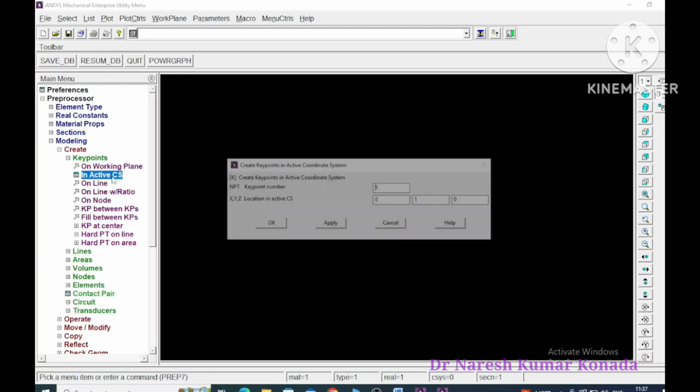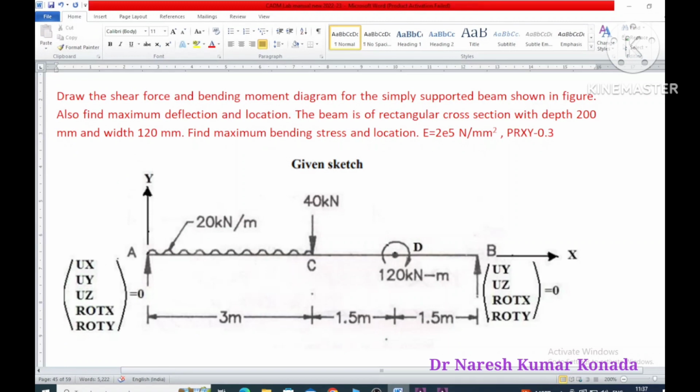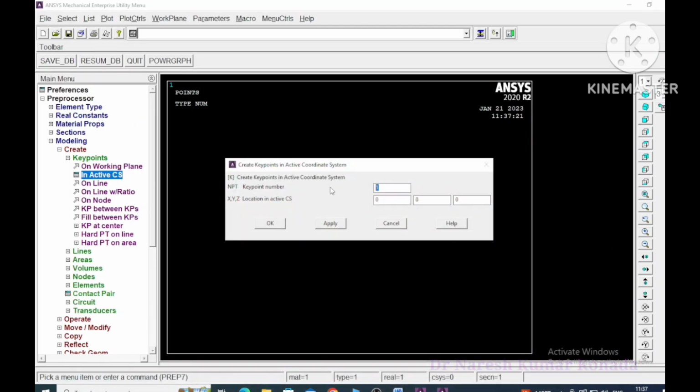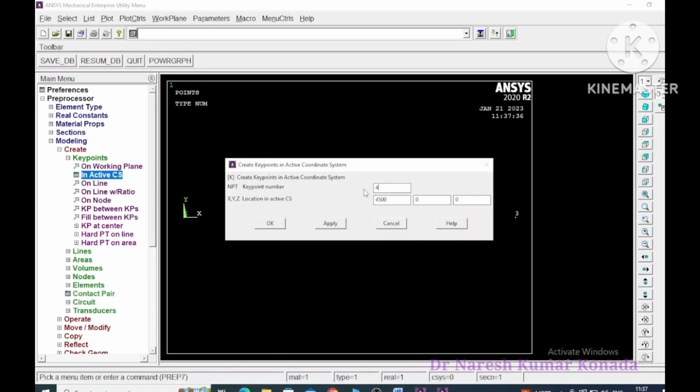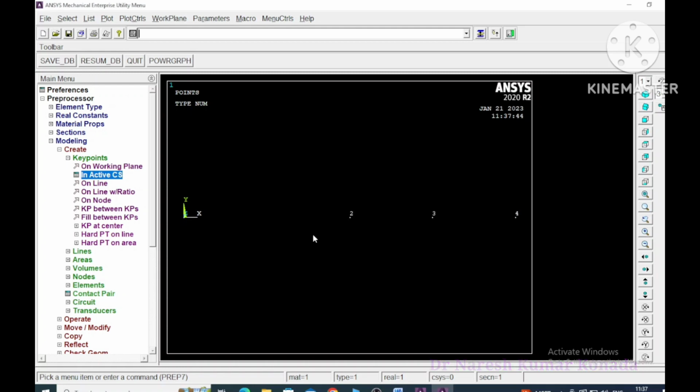Now we will try to create the key points. Go to modeling, create key points in active CS. Create key point 1 with 0, 0, 0, key point 2 with 3000, 0, 0, key point 3 with 4500, 0, 0, and key point 4, that is the final key point, with 6000, 0, 0. Click OK. We have created the 4 key points,